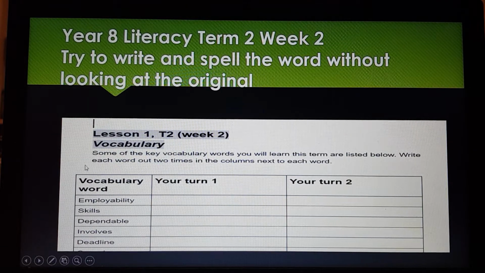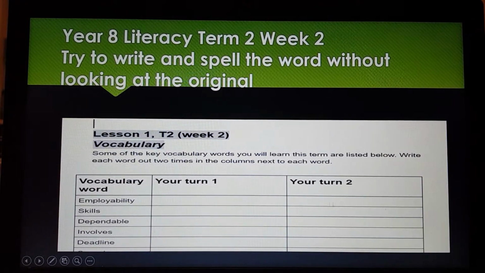So the instruction is, some of the key vocabulary words that you will learn this term are listed below. And what you need to do is you need to write each word out 2 times in the columns next to each word. So you're going to write employability in this column here. When you do it the second time, I want to encourage you to do that without looking at the original words. So you may need to cover this side,